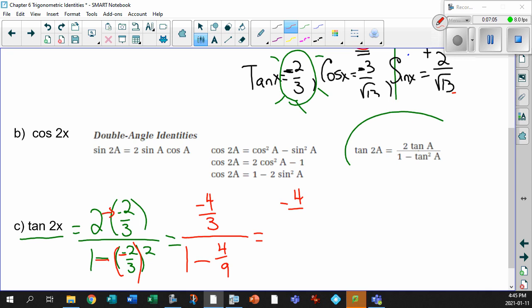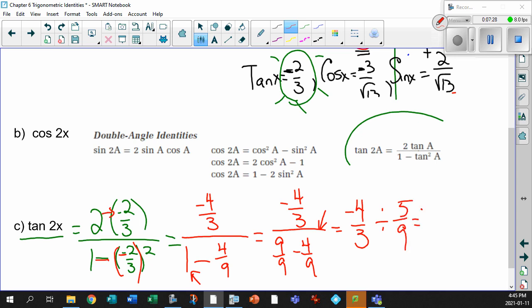So you got minus 4 over 3. Make this into a common denominator of 9 over 9 minus 4 over 9. This is minus 4/3, and I'm just going to write it like this now just to keep it nice and simple. Divided by, because that's what this line means, 9 over 9 minus 4 over 9 is divided by, you got it, 5 over 9. Oh my goodness. Take the reciprocal,